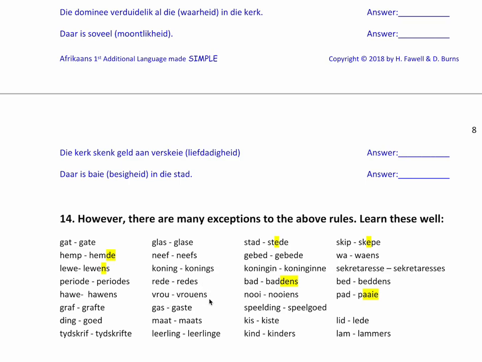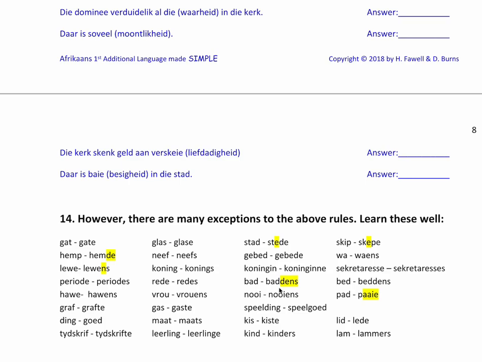Vrou will be vrouens. Gas, gaste. Maat, maats. So, dis nie mate nie. It's maats. Leerling will become leerlinge. This one they like to ask. Stad will become stede. Gebed, gebede.